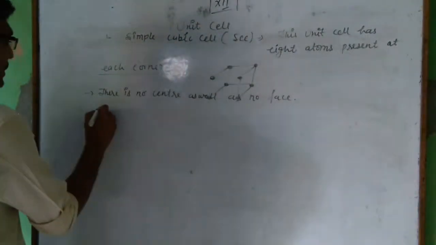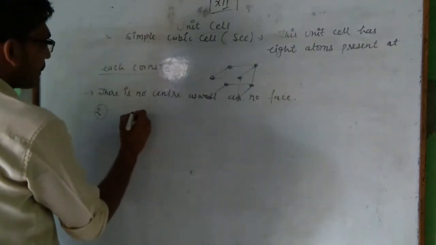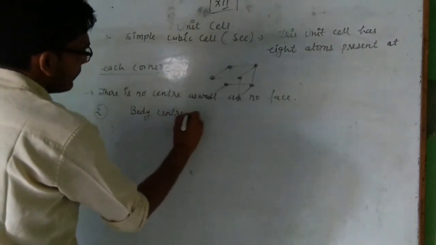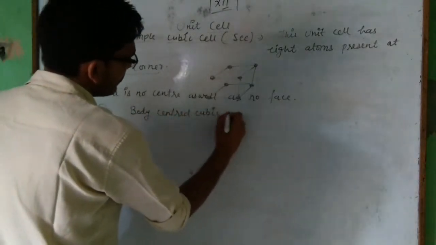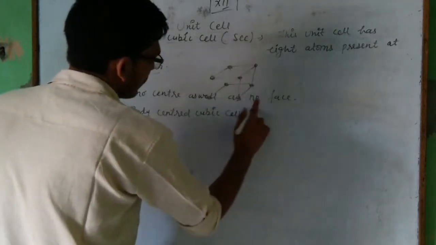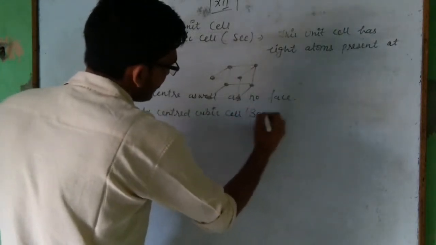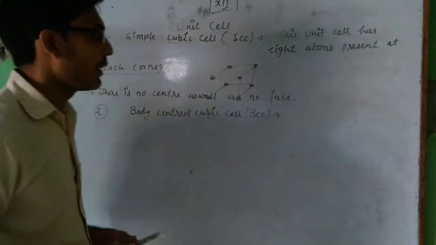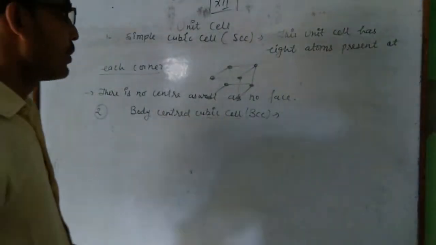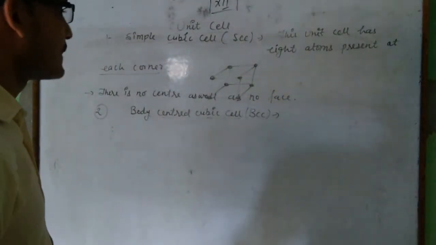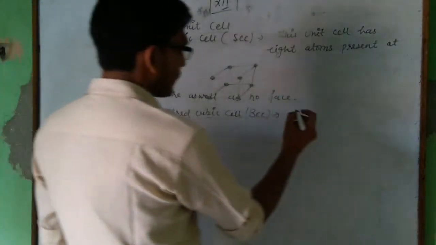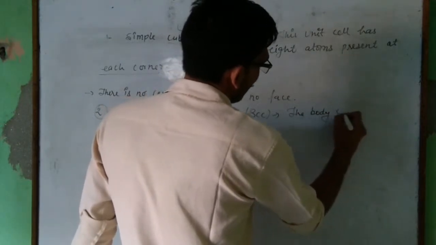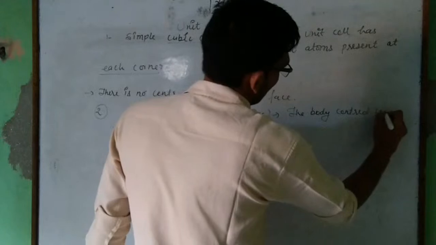Okay. Now the second is BCC, written as body centered cubic cell, or in short BCC. What is the body centered cubic cell? As we have defined the simple cubic cell, we will define it similarly. So the body centered cubic cell